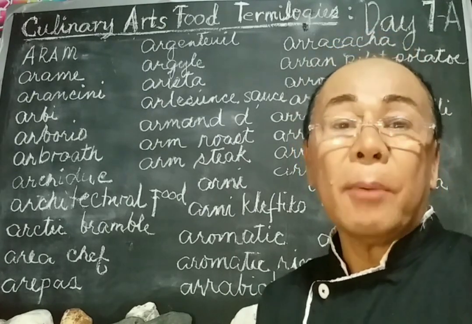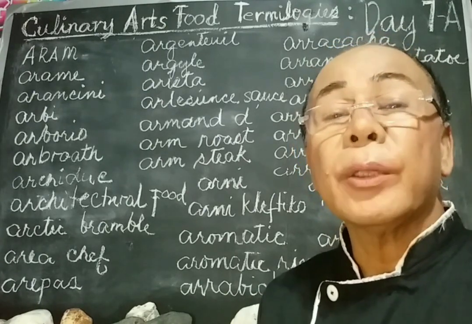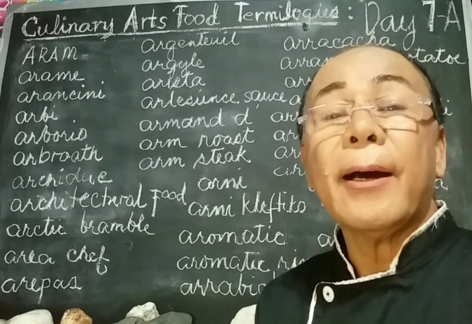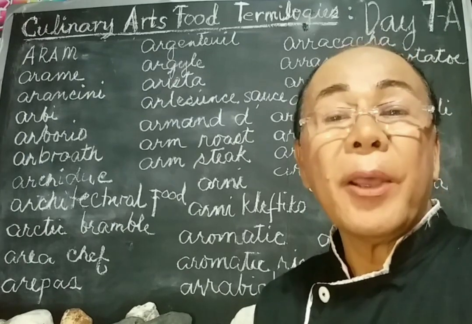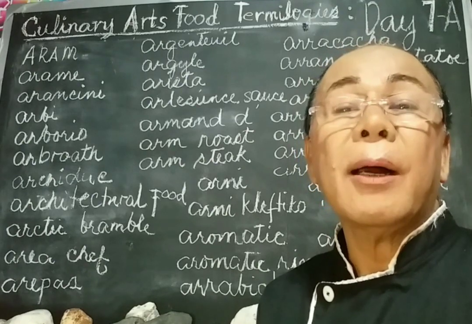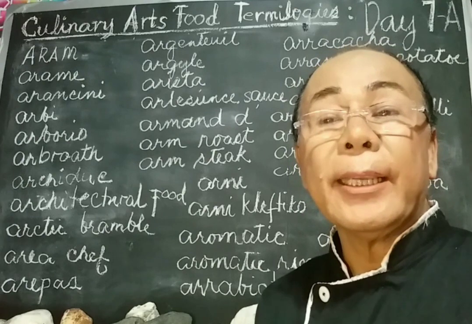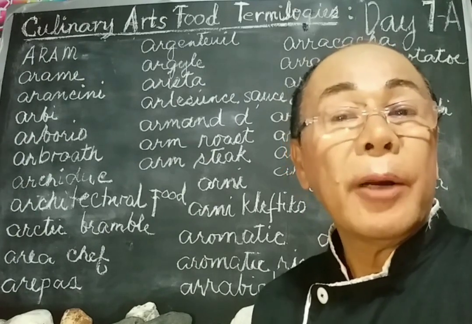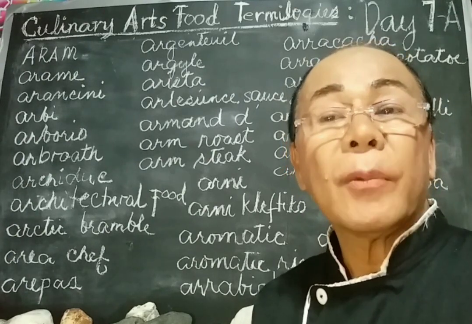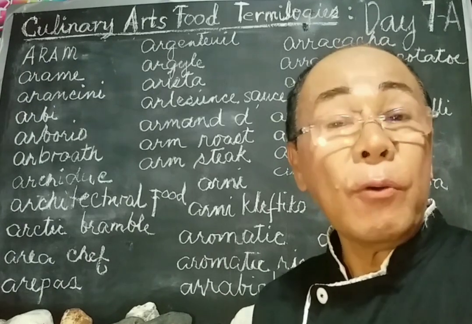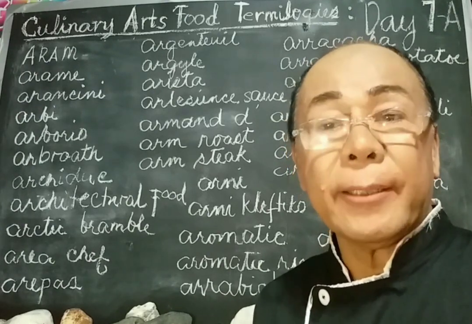Next term we have the armagnac. We call this in French phonetic armanja. This French term refers to a garnish consisting of soufflé potato, red wine sauce, and chopped sauteed goose liver and truffles. It's generally used for meat.